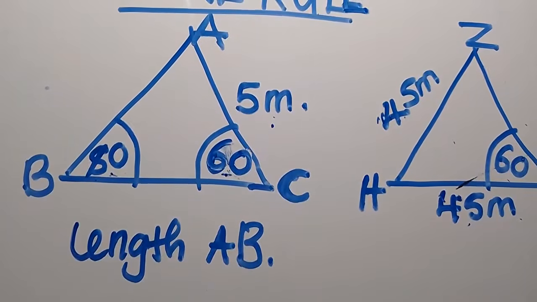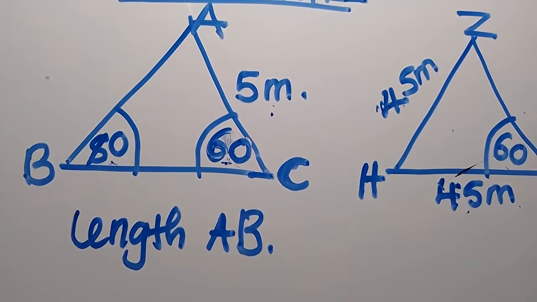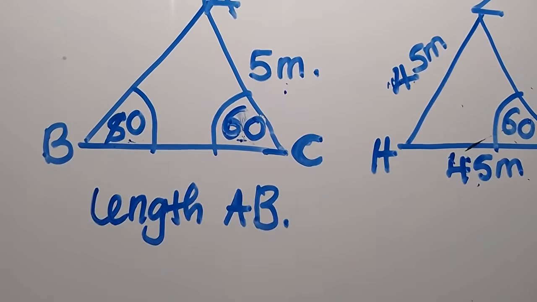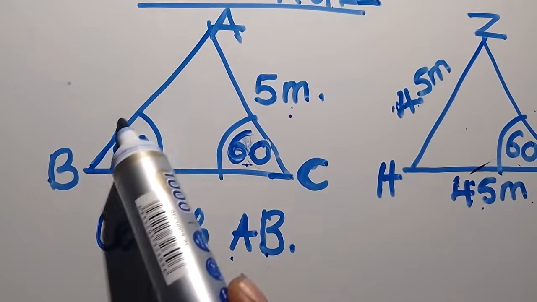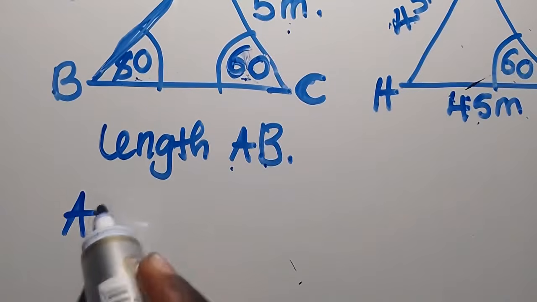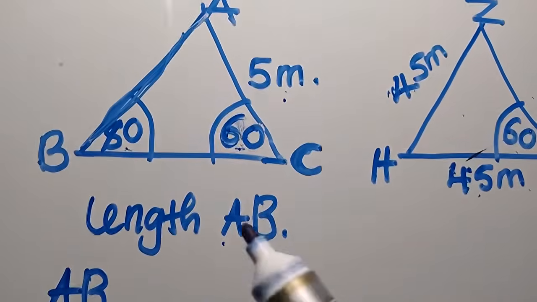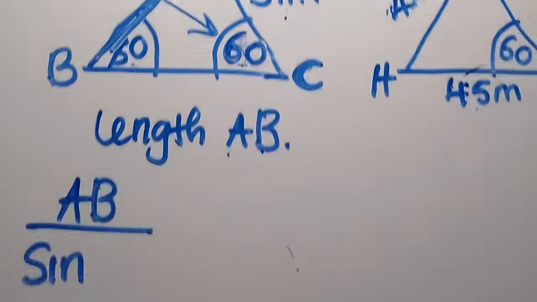So how can you find the length of AB? How can you work out AB? So this is very simple. I'm going to show you how you can work out the length of AB. Just write the formula. The formula is, you say side over the opposite sine angle. Have you seen? So you are told to find AB. You always start with the side. This is a side, AB. So you say AB over sine opposite. This side is opposite to this angle, which is angle C. So over sine C,